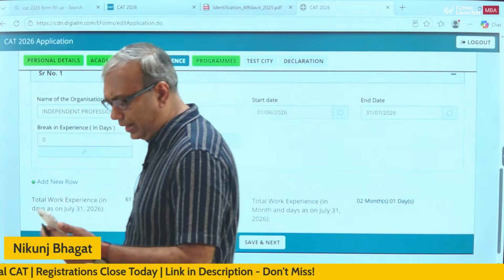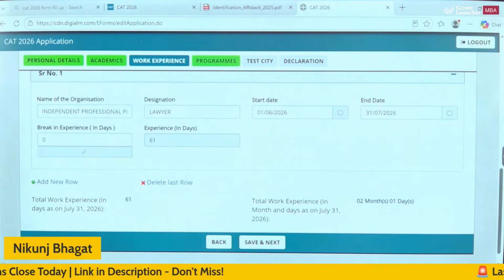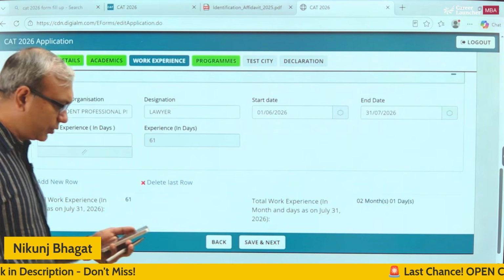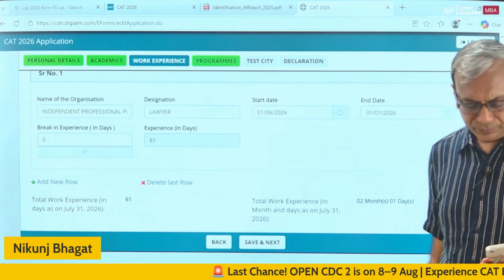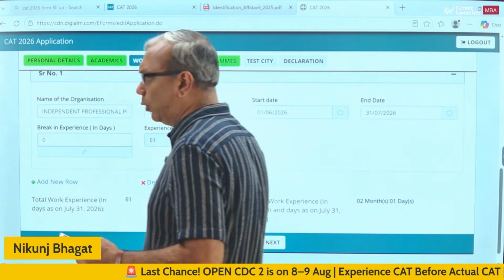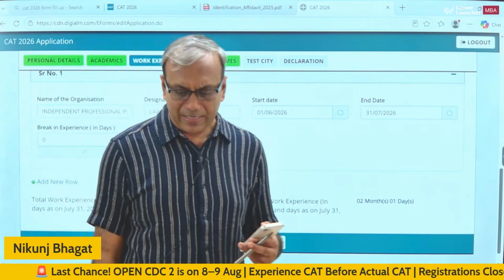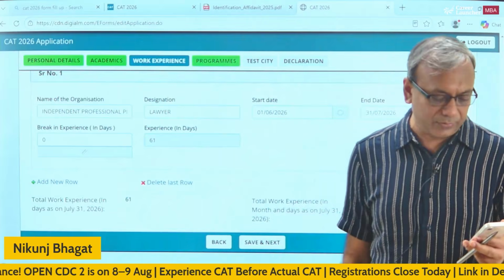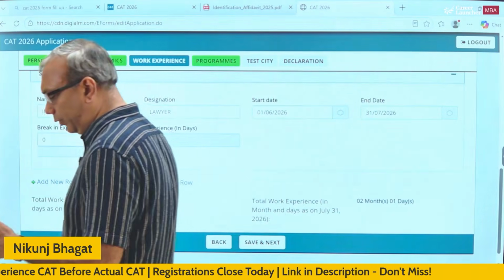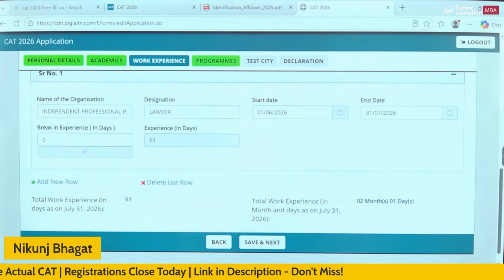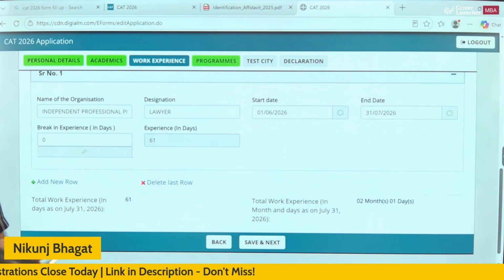So let's quickly go through any questions about WorkX. Postgraduate, contract-based trainee, but paid. If it is paid post-graduation full-time, I think you can easily put that as WorkX. If I get a job after registering for CAT, no. Because 31st July 2026,